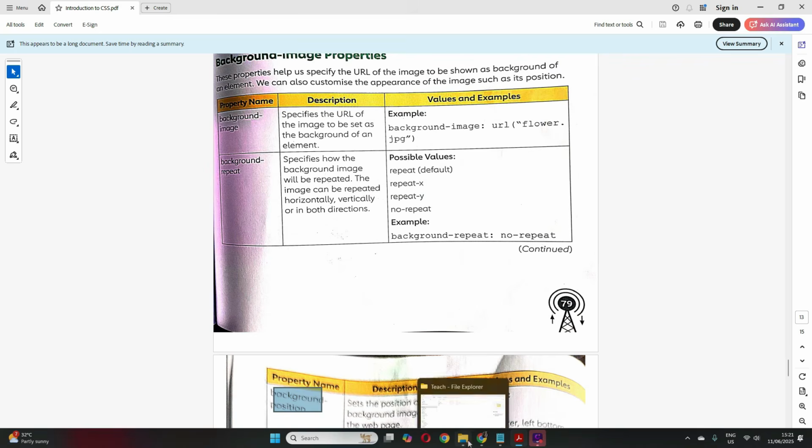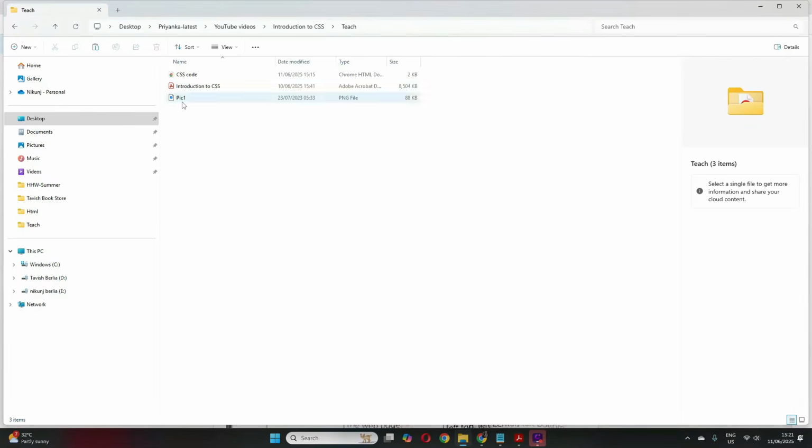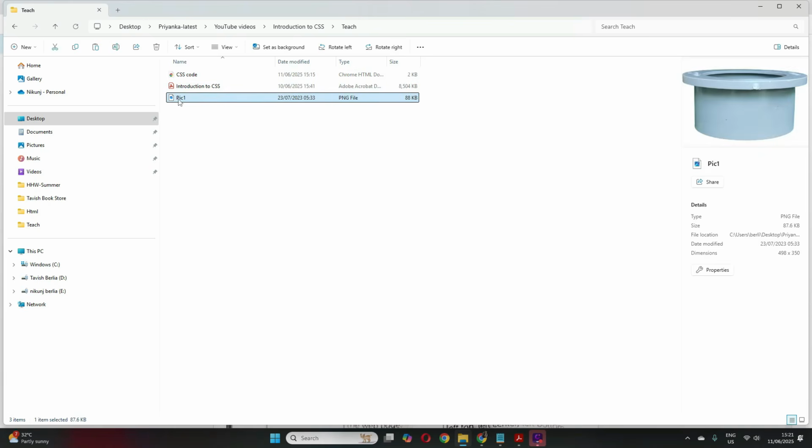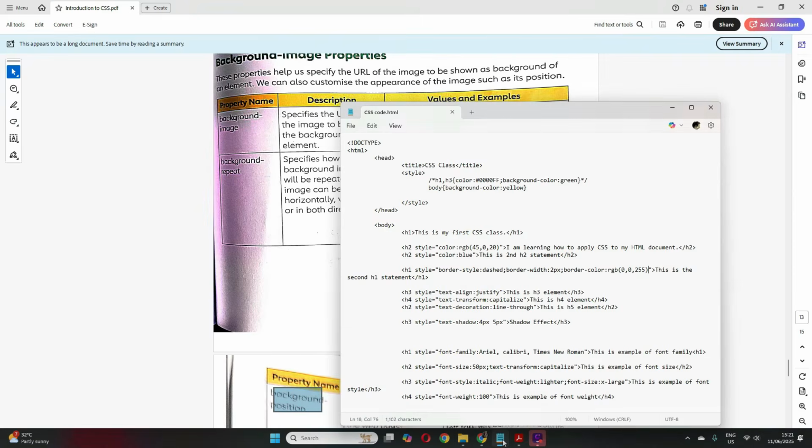Background image. For that, students, see where your code is, I have the code here. In that same folder I am uploading one picture, which is the pic1.png file. So in the same folder you should have your picture placed. Now let's see how we do that.